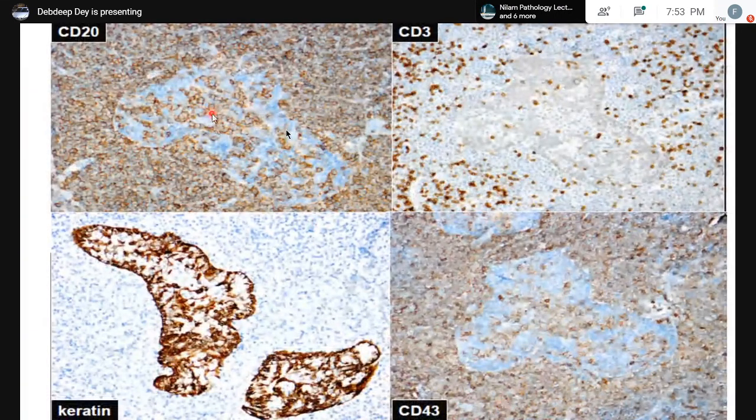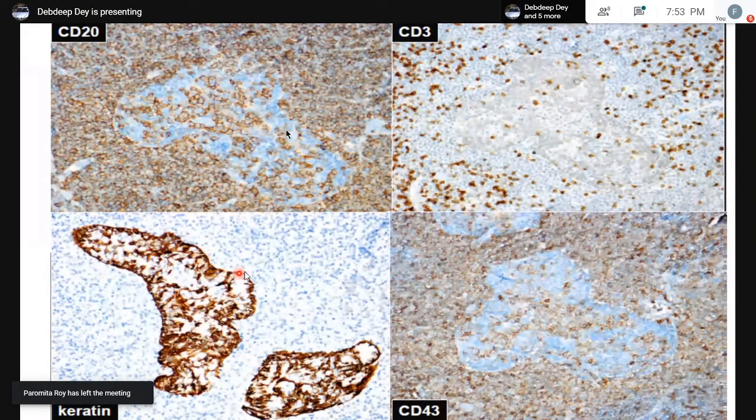This is a very classical picture of a CD20 population. This is a crypt which is getting infiltrated by these CD20 positive cells, resulting in the classical lymphoepithelial lesions. As you can see, in the same area there are negligible amounts of CD3. And this is the cytokeratin highlighting the crypts, and the CD20 positive cells are being punctuated by the CD20 positive